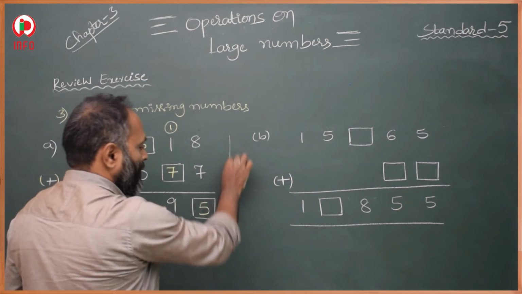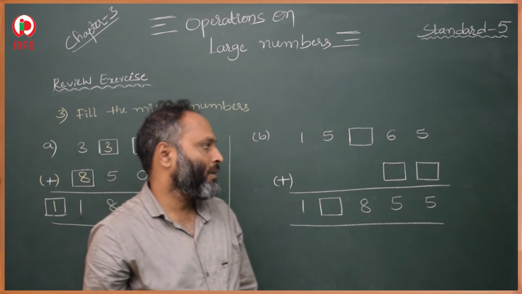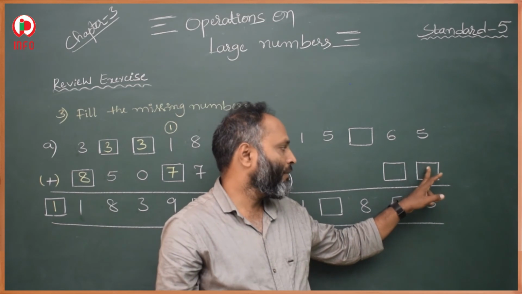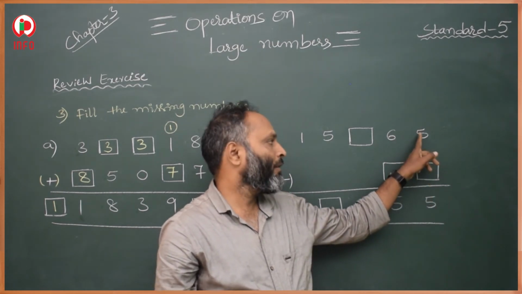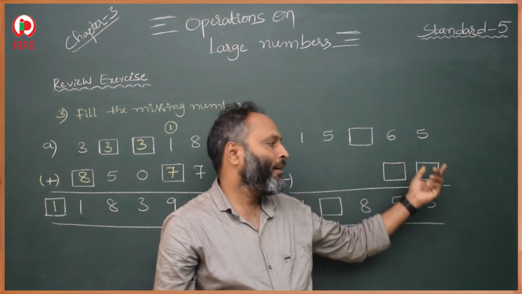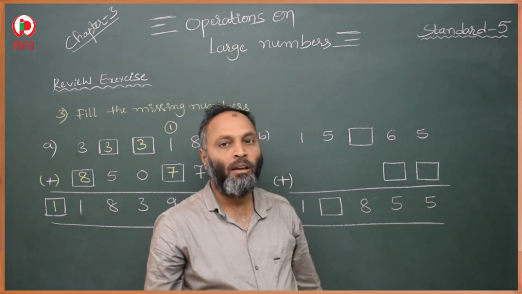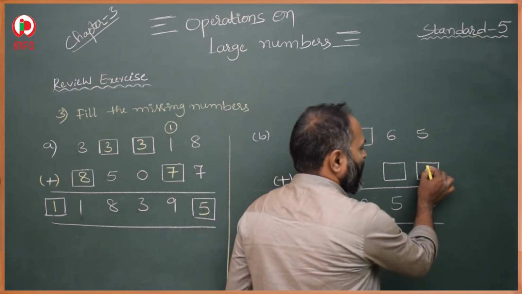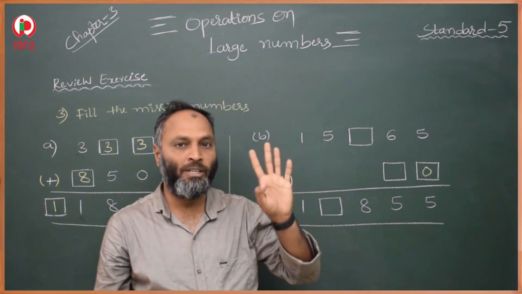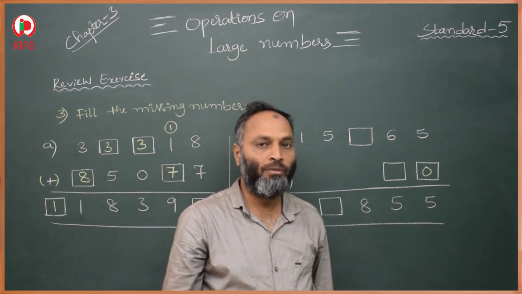The second question is a similar question. Here 4 numbers are missing. We have to add these numbers according to our sum and find what comes in the box. Here 5 and 5, they are both the same. So when we get the same answer for the addend and the sum, it is possible if the second addend is 0. Why? Because of the rule in addition: 5 plus 0, or 0 plus 5, is 5 only.